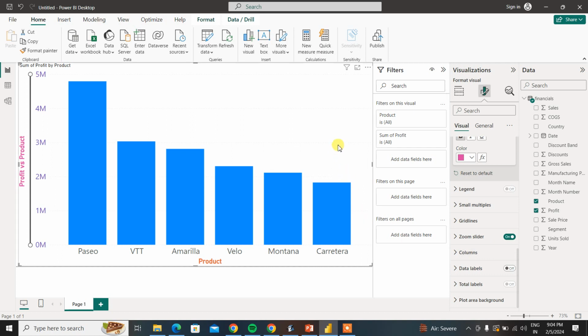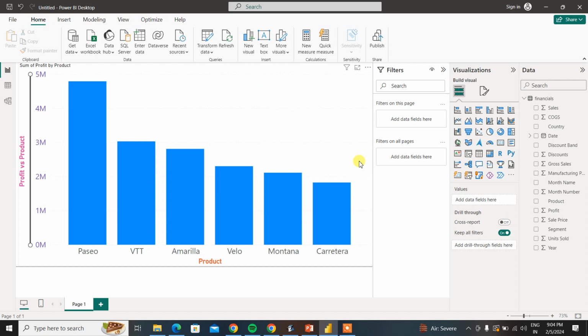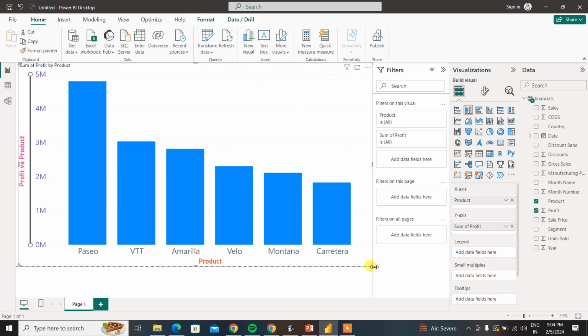If we turn on the zoom bar, we can see the zoom bar over here. If we want to minimize it,